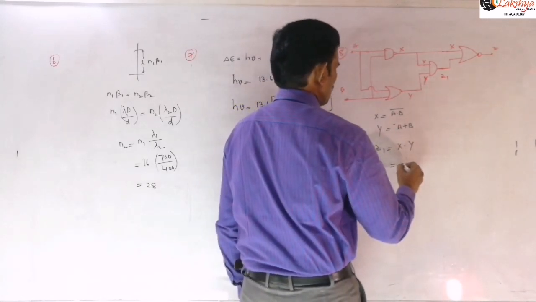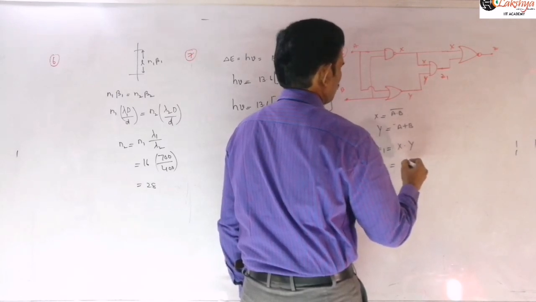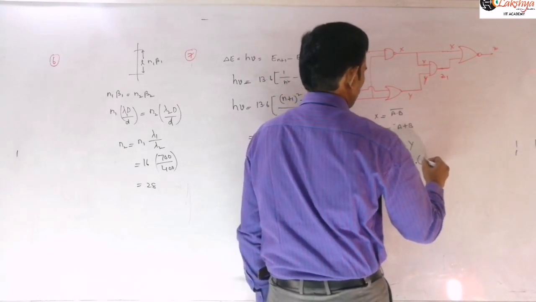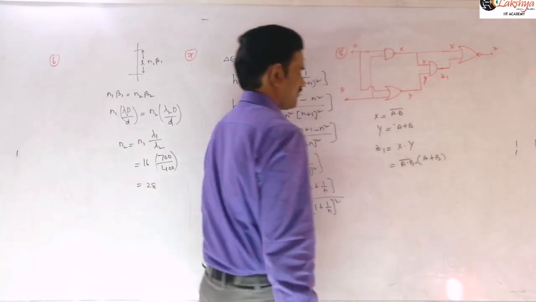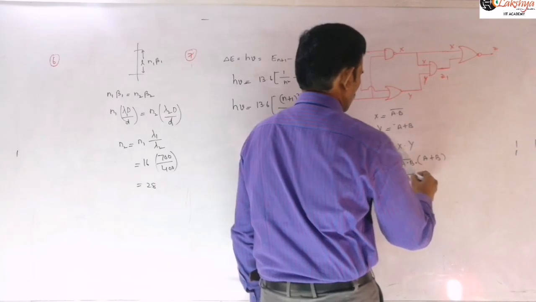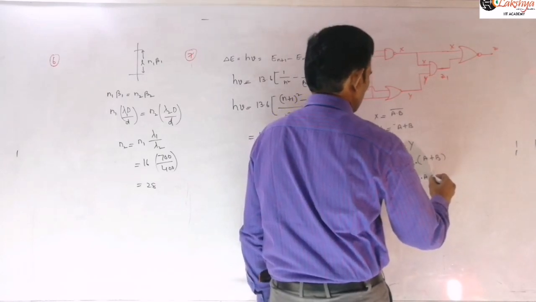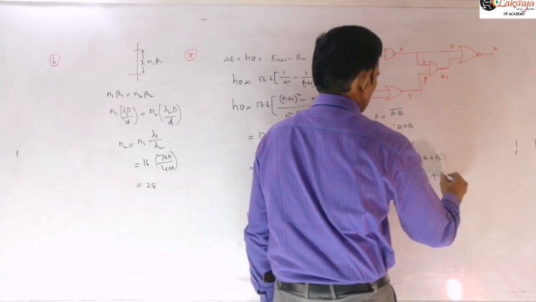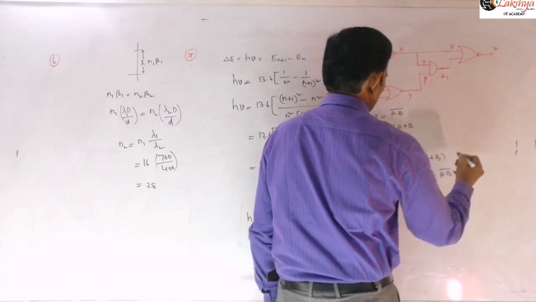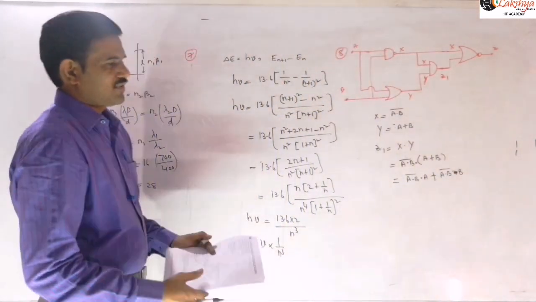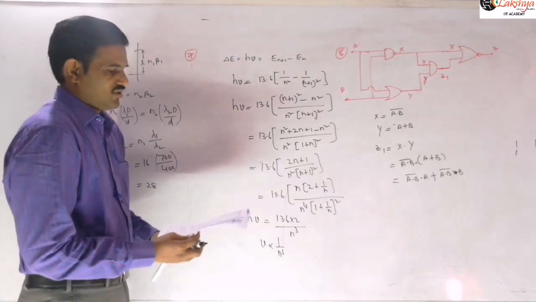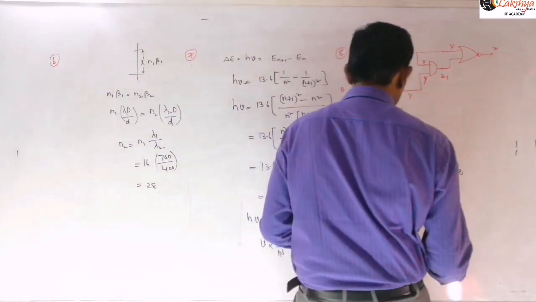So X into Y means we can write this as A dot B complement dot A plus B. Then you can multiply this: A dot B complement dot A plus A dot B complement dot B, right? So just you need to apply De Morgan's theorem or basic identities there. So just this equation now I can write this as